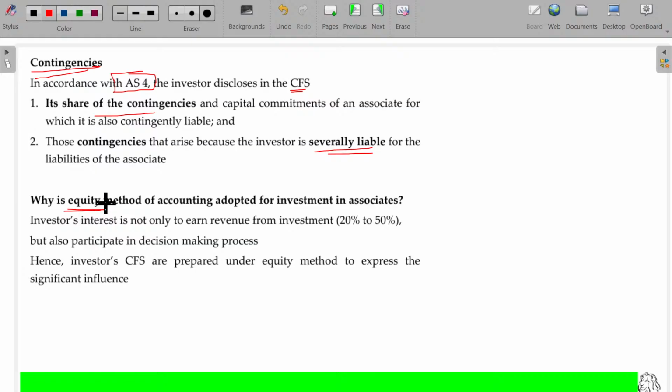If I invest, what's my intention in investing? For an investment, to get some return. If I invest in a bond, I get interest. If I invest in shares, I'll get dividend and capital appreciation. That's the intention. But in case of